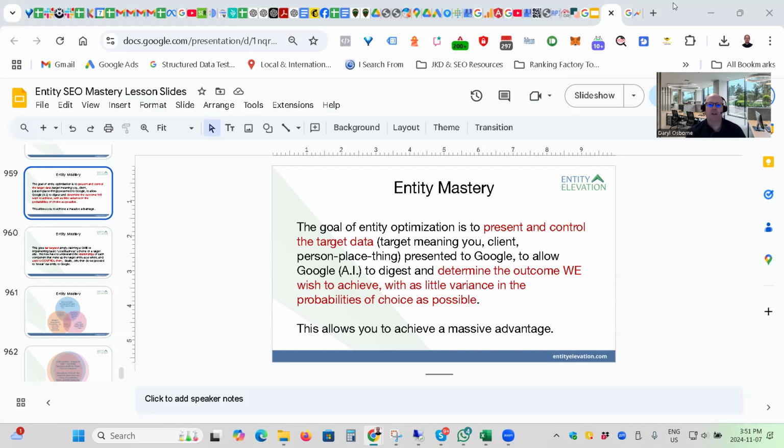And essentially, what it is is code that is invisible to the user. It's something that goes onto the website in the background, just like all of the other code that makes up the web page. But it essentially speaks to Google and helps to organize the data for them to understand specific things about the brand or the entity, as we like to refer to that, and really curate all of the different points of data that we want Google to pay attention to and make the correct conclusions from about our